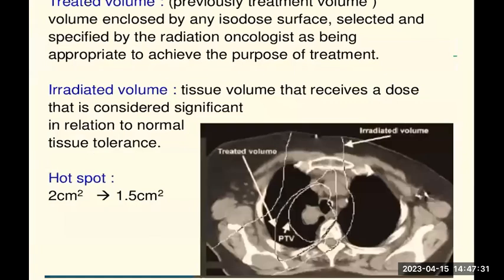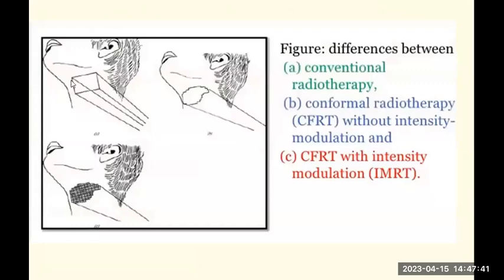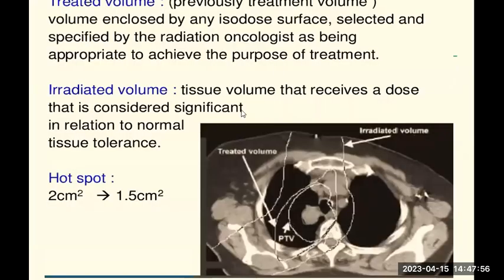In this diagram there is an irradiated volume and a treated volume, and the markings are like freehand. The field is square in shape. This is the way the beams enter the patient from the collimator. Here we have a square type, so a larger area comes under